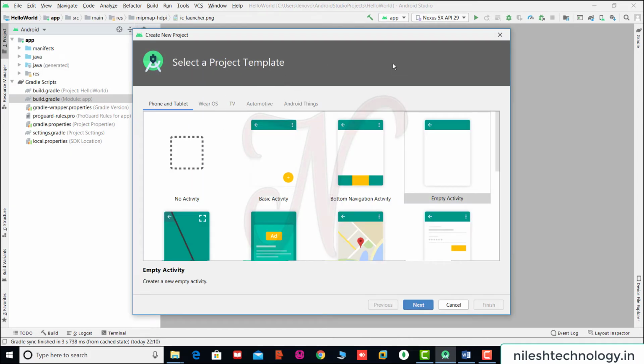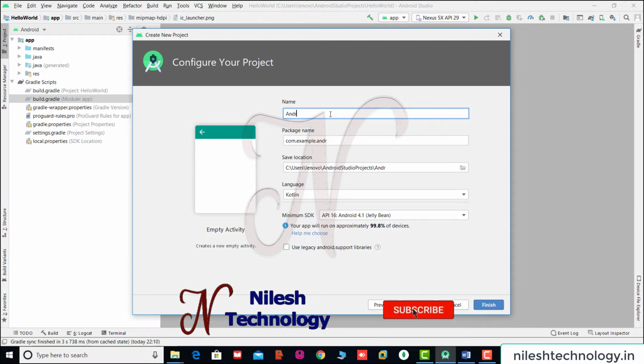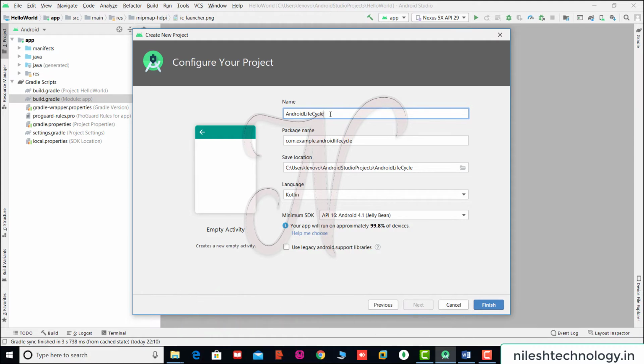And see here, this is Empty Activity, then Next. My project name is Android Life Cycle. This is your package name, save location, language Kotlin. This is your minimum SDK version.